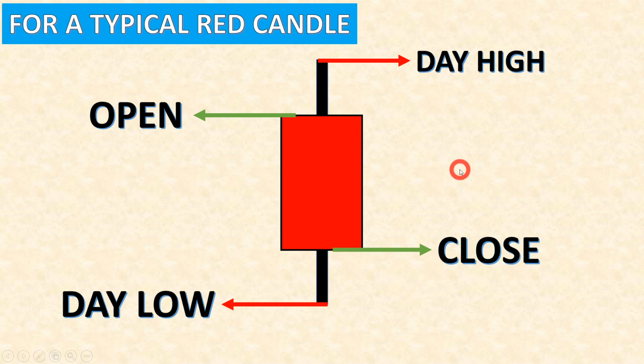The bearish candle is the opposite of a bullish candle. The bearish candle opens here. It goes as high as this point. The price goes as low as this end of the wick and it closes here. Now you see the open price is greater than the closing price, which means the price at which the candle actually opened at the start of the trading session, it closed below that price. That's why it is a bearish candle.